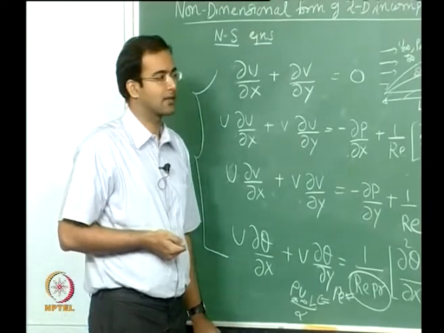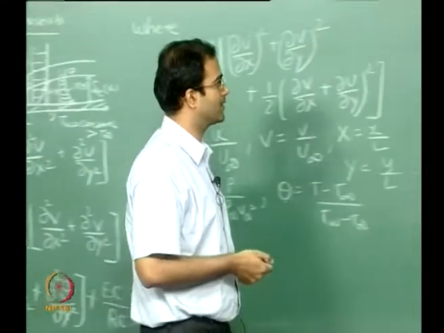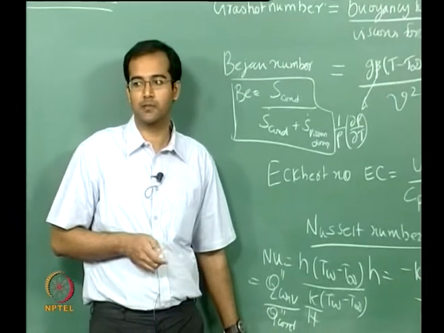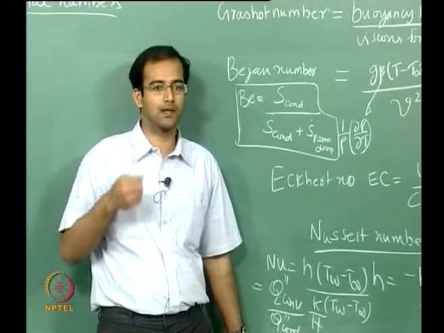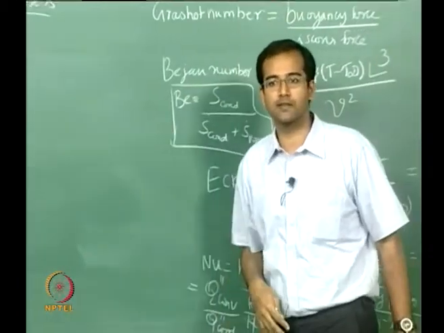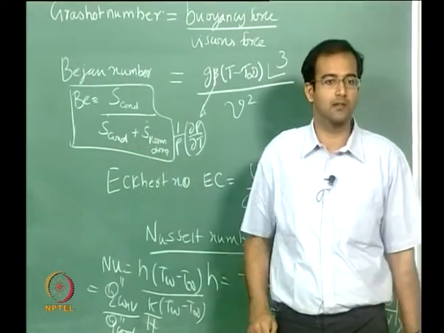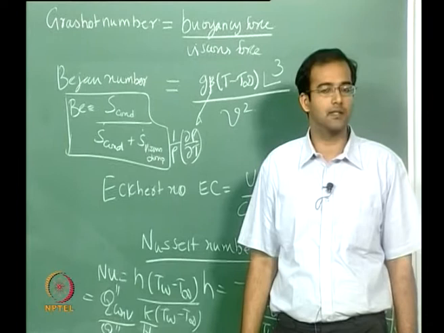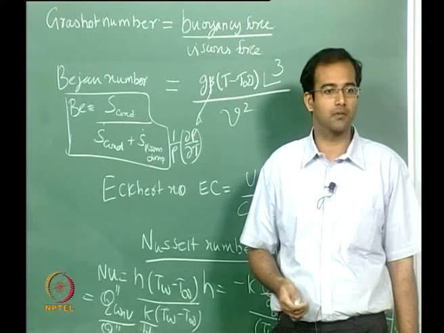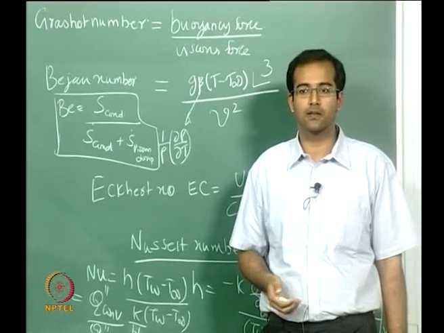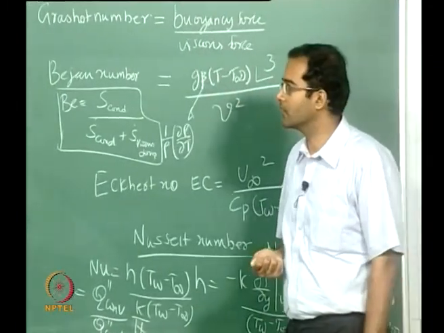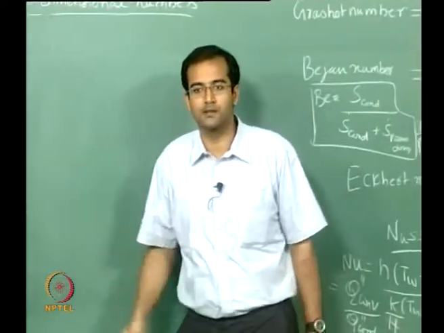Rayleigh number. Rayleigh number again is basically nothing but your Grashof number times your Prandtl number. So these are the basic non-dimensional numbers. You can of course group them together and give a different name to that. So far as single phase convective heat transfer is concerned, these are the ones. If you go to multi-phase heat transfer, say boiling or so on, then you will have other non-dimensional numbers: Bond number, Eötvös number, capillary number, and Weber number, and so on, depending on the forces that you encounter. Any questions on this?